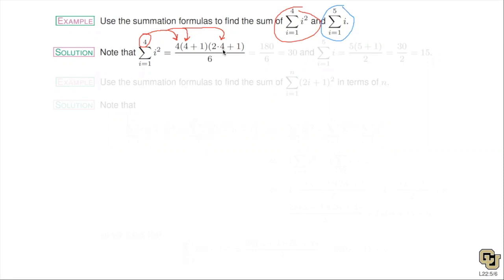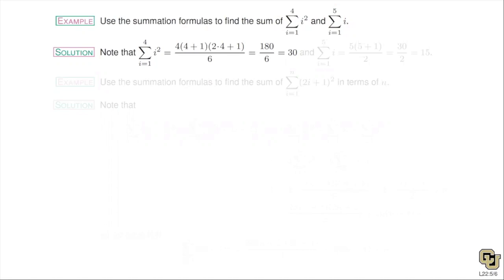2 times 4 is 8, plus 1 is 9. 9 times 5 here is 45. 45 times 4 is 180, because it's 45 plus 45, which is 90, plus another 90 is 180. 180 divided by 6 is 30, which is what we showed before. But before we did it the long way. We didn't use a slick formula. But here, the formula allows us to skip the process of expanding the sigma notation